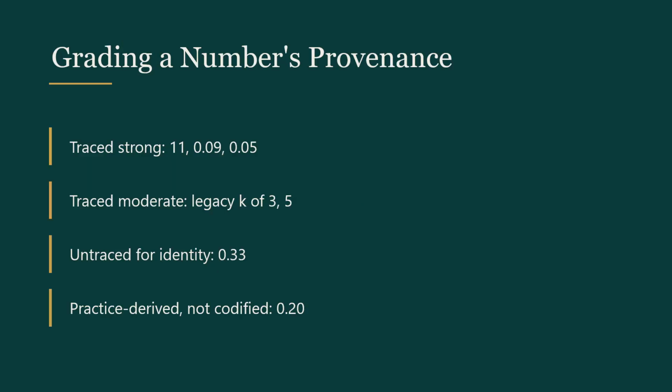Before you cite anything, grade it, using 3 tiers you can apply in about a minute. Tier 1, traced and strong. There is a primary source, an agency policy, a regulation, or a peer-reviewed paper that states the number for a purpose close to yours. Cell size 11 earns this, twice over, from the Centers for Medicare and Medicaid Services Suppression Policy and the California De-Identification Guidelines.